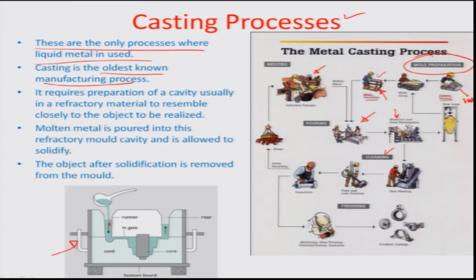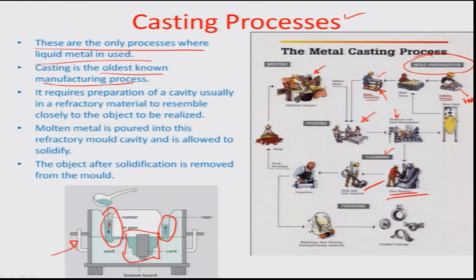The material moves around this core and comes back into the riser side, and that is how when you get the solidified metal, it will be having the basic part, which is probably the part in this particular region, plus the runner side, because this is also going to get solidified, and the riser side. So you have to remove the risers and the runners from the part so that you can extract the basic part. You can also do a shot blasting, so that whatever small sand impurities are left on the surface of the material actually go away,